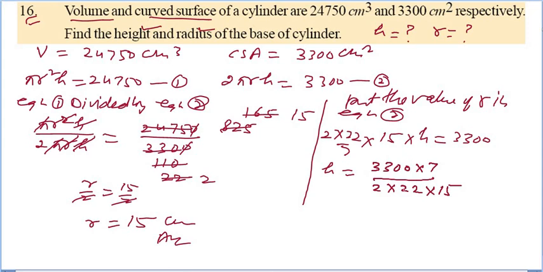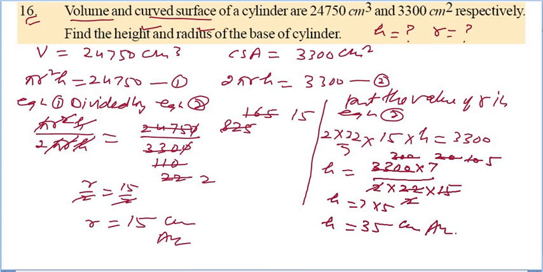So now calculate this one. So it is the 11 2 ja and 11 3 ja. So it is 300. Now 15 2 ja 30, so 20. Now 2 10 ja and 2 5 ja. So here h is equal to 7 into 5, that is the 35 centimeter. So you can see here the two answers. Radius of this one is 15 centimeter and height of this cylinder is 35 centimeter.